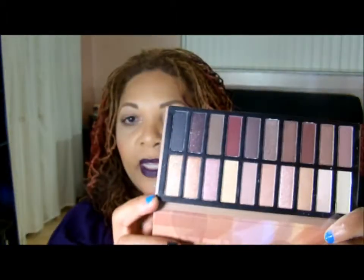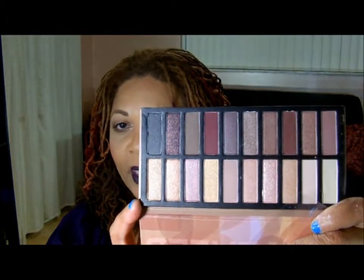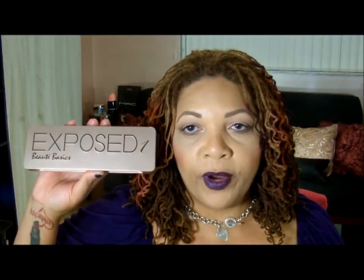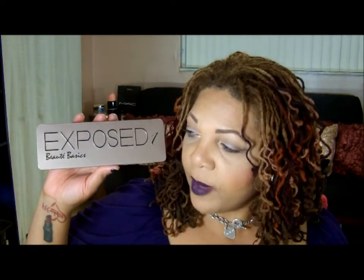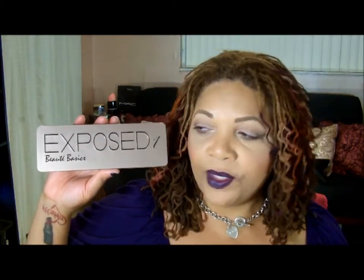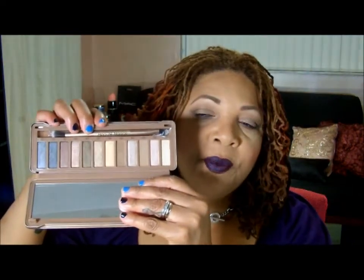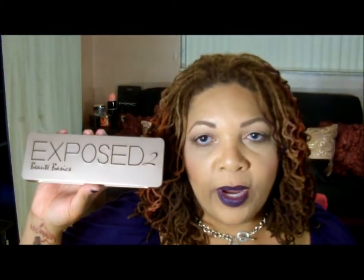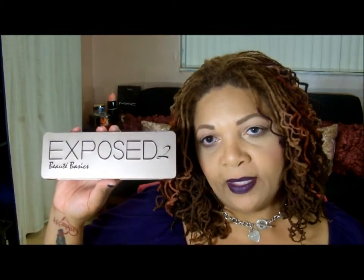Revealed palette, and this mimics the Naked 1 and Naked 2 palettes. And also from Coastal Scents is the Revealed 2 palette. Again, these were inspired by the Urban Decay Naked palette series. From Crown Brush, and also inspired by the Urban Decay Naked series, Exposed 1, very similar to the Urban Decay Naked palette. Crown Brush Exposed 2 palette,